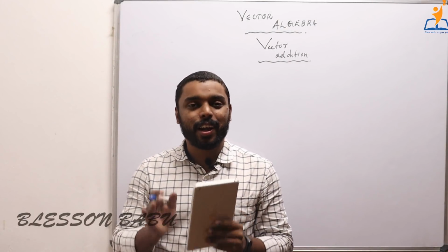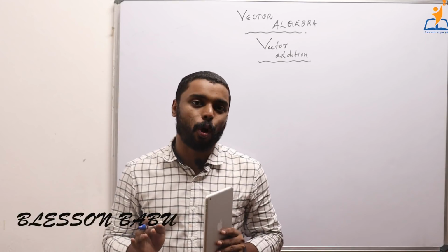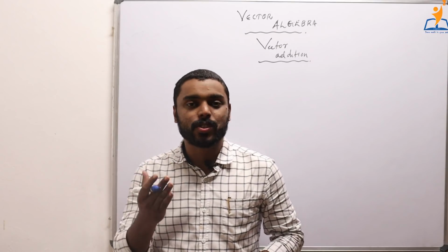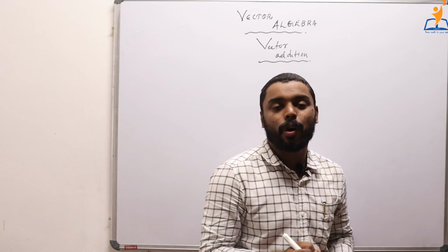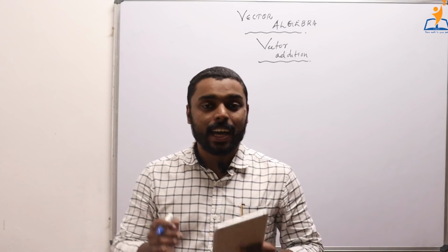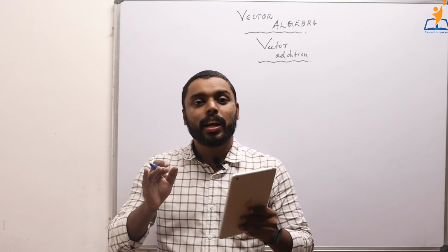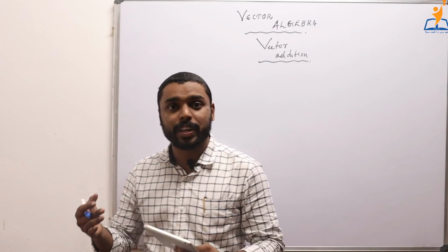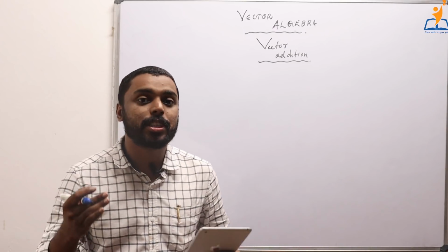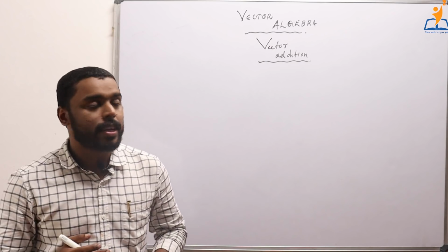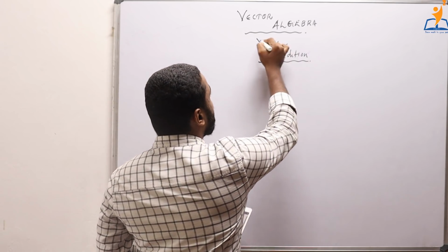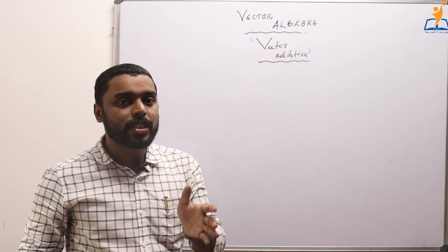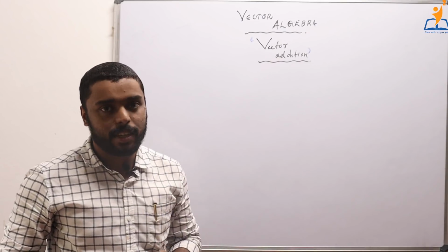So in this class we are going to discuss some important properties of vectors. In the previous class we discussed the characteristics of vectors like initial point, terminal point and the magnitude of the vectors. And in this class we are going to explain some characteristics, and also derive some methods to calculate various arithmetic operations with vectors. The first and basic arithmetic operation in all of mathematics is addition. And in this class, first of all we are going to explain vector addition.